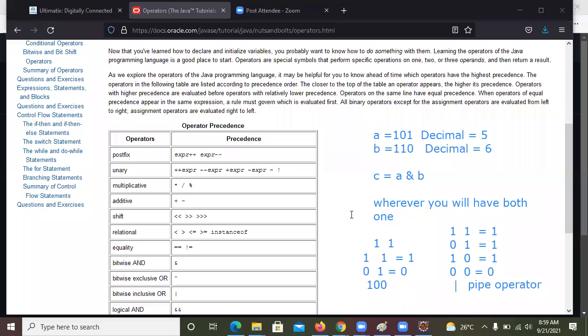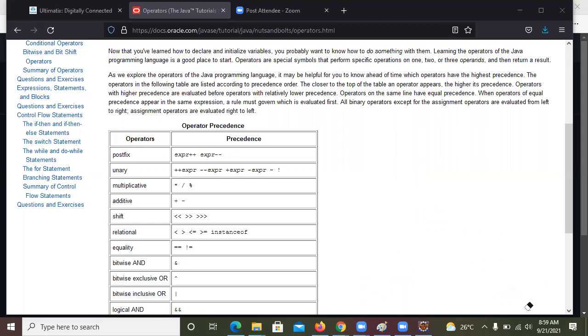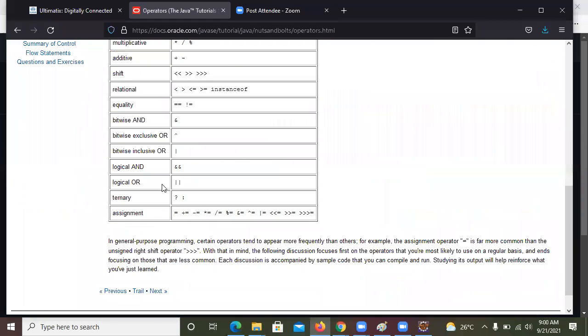What about logical and now? I hope it is clear now, but still I will show you tomorrow practically on all the variables and this operator. Here, logical and means both the conditions should be true. Logical and says that both the conditions should be true. Suppose I say,